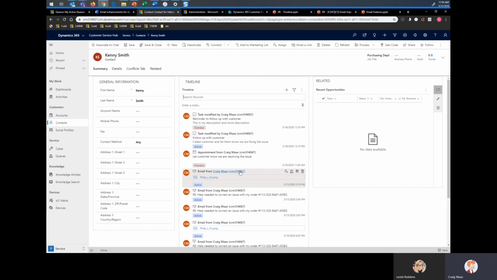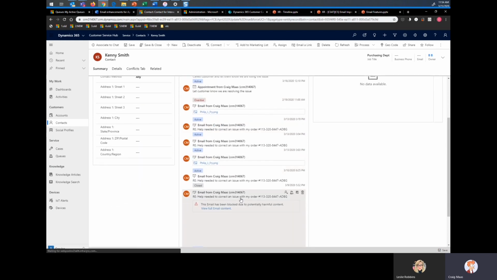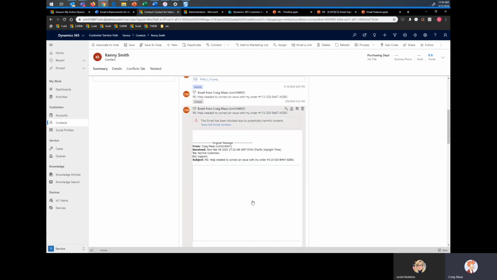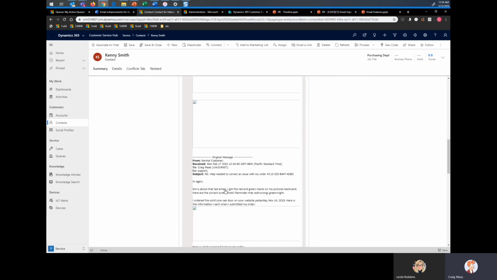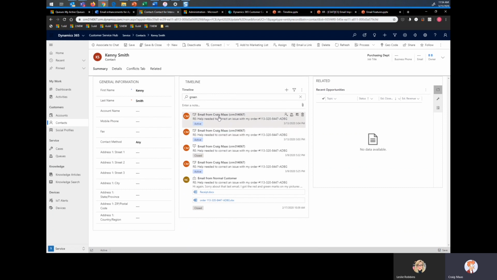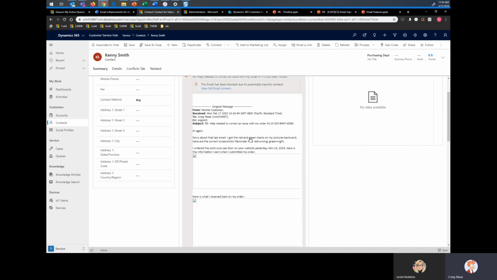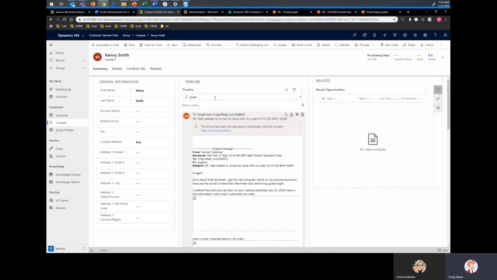So let's pick some text that we want to see. Let's look for green. Seems like a reasonable one. So we hit enter, and we get results back. These happen to all be from the same email thread, but they all have the word green in them, because if you expand it, somewhere down here you have green marks. So it's any literal keyword match